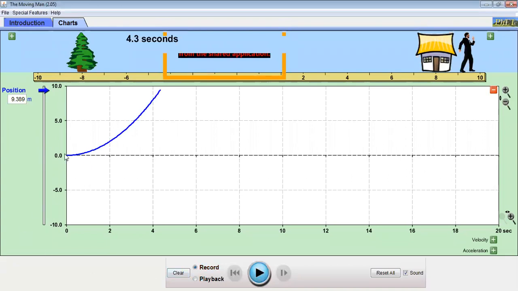So we find that it's no more a straight line, but it is a curved line. Exactly. Why is it? What does the curved line indicate? The curved line indicates that the object is moving with a variable velocity. The object is no more moving with a uniform velocity, but it's moving with a variable velocity.